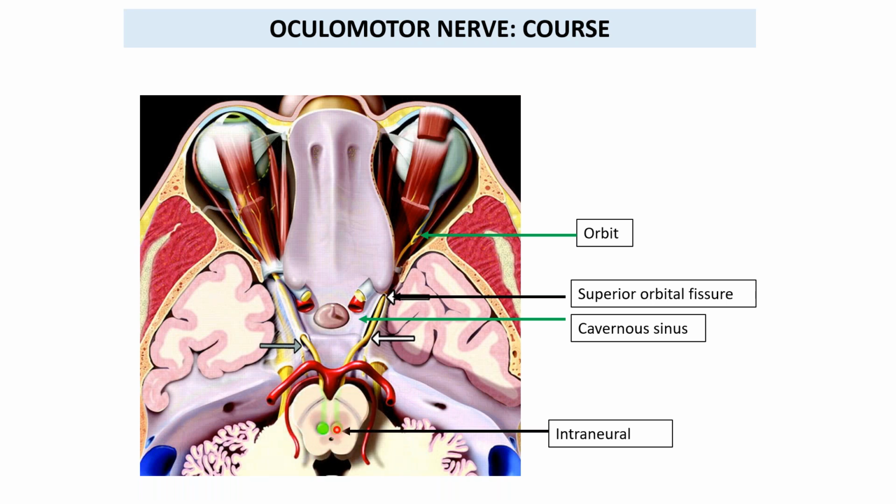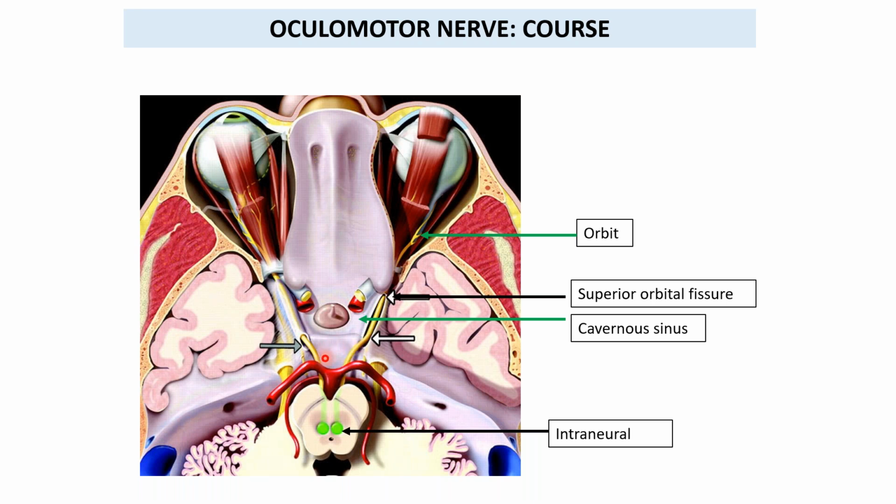This is the cut section of the midbrain. So at the midbrain level, at the level of the superior colliculus, the oculomotor nerve nuclei are present. The oculomotor nerve nuclei from both the main nucleus and from the Edinger-Westphal nucleus, they form the oculomotor nerve. So this is the origin of the oculomotor nerve from the nerve nuclei. This is the fiber of oculomotor which is coming out. So you can see this is the oculomotor nerve which comes out.